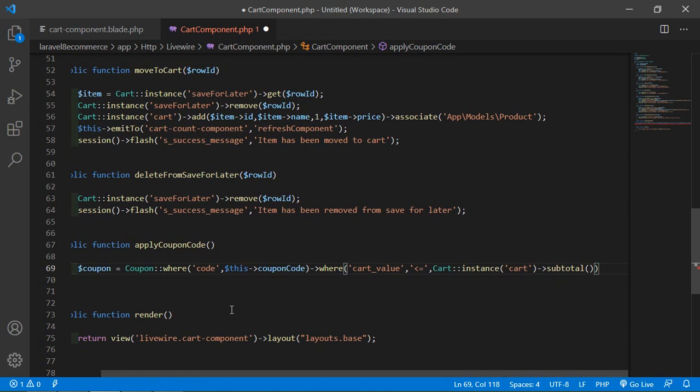If code is equal to this and cart_value is less than or equal to the subtotal,